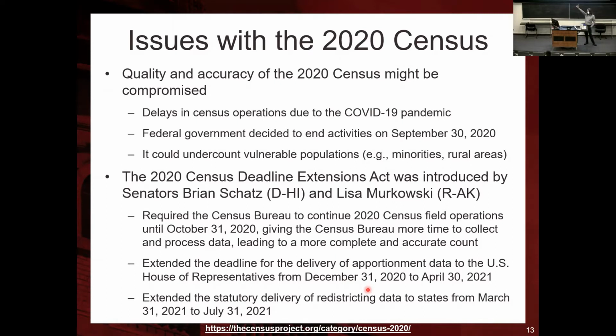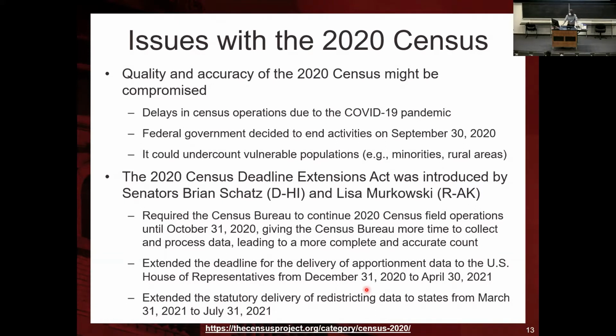So this is the first set of data, right? That the Census Bureau tells the House of Representatives what the population is in each one of these states. Because based on the population size of each one of these states, you know how many representatives those states will have at the House. And the other thing, it